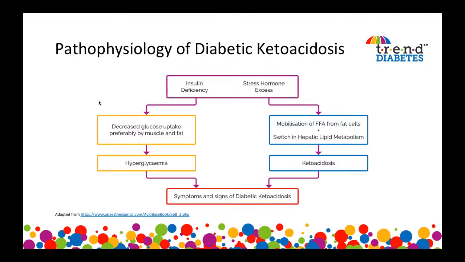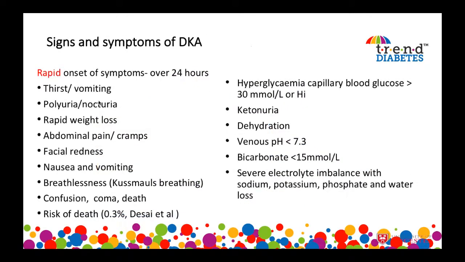And we're going to look now at the signs and symptoms of DKA. And the most important thing to remember is that these symptoms come on very rapidly, usually over 24 hours. And there's a whole list of these type of symptoms. So thirst is very common. And so if you ask a person that you suspect might have